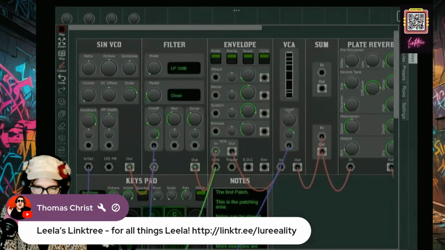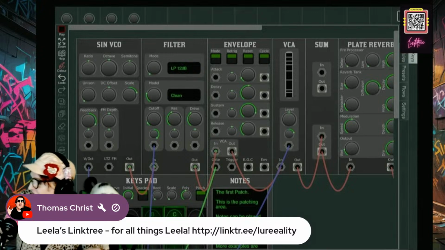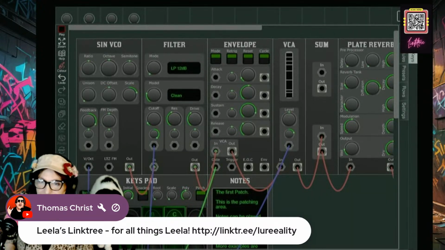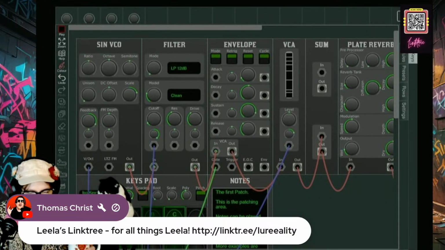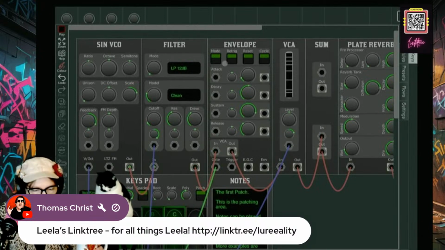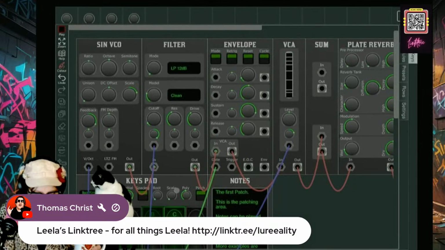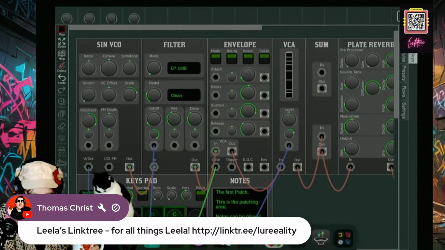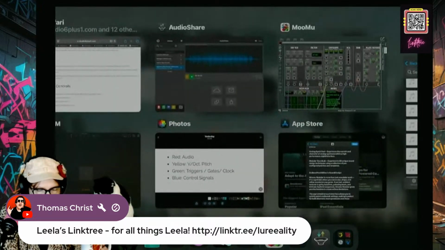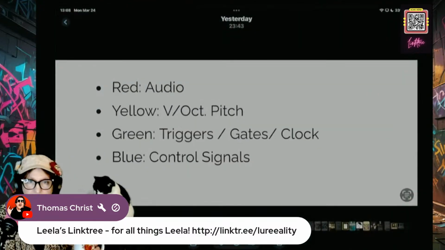All right. So we have this. It pops up with a patch. And I feel like the easier way than trying to start a patch from scratch will be to pop my cursor over here and show you a little bit about what's going on. First, let's look at the manual. One of the most important things I thought was the color of the patch cables. So the patch cables are actually all the same, but you color them